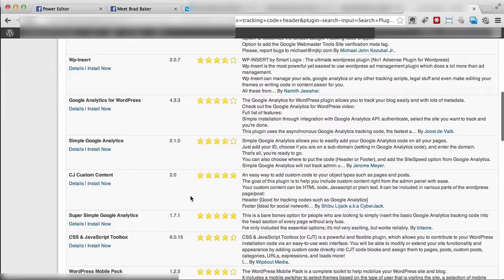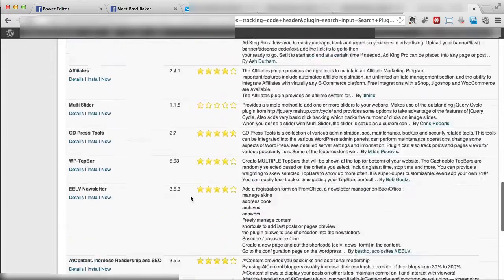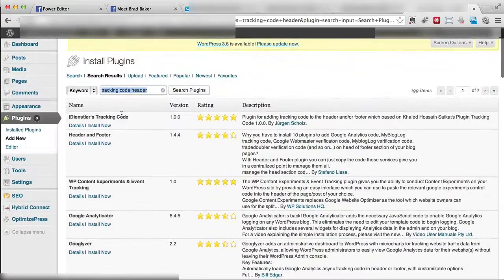Let's see, what else can we do? I think the best one would be the one over here. So, ID tracking code, a plugin for adding track code to header or footer. Yeah, that would be the one that you would want to use if you don't have Optimized Press. Just search for tracking code header and then install this one. I think that's the name of the guy who created it. I guess his name is Jürgen Schultz or something. Okay, well, either way, you want to install this plugin and you want to use the Facebook code and paste